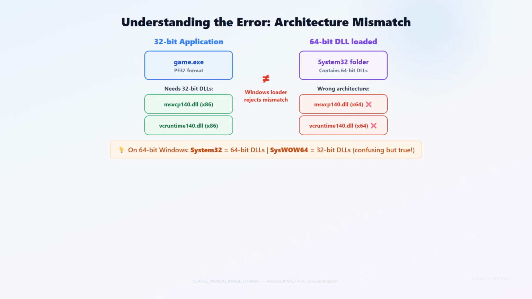Now let me explain what is actually happening under the hood. On a 64-bit Windows system, System32 contains 64-bit DLLs and SysWOW64 contains 32-bit DLLs. Yes, the names are backwards and confusing. When a 32-bit application tries to load a 64-bit DLL, the Windows loader rejects it with status invalid image format, which is error 0xc000007b. This typically happens after a Windows update replaces shared DLLs or when the wrong version of Visual C++ Redistributable